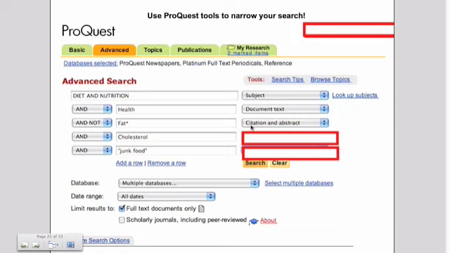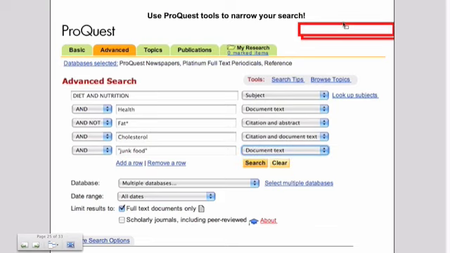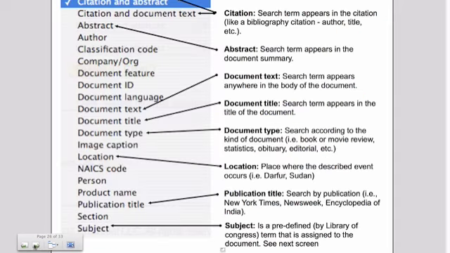We're looking for that somewhere in the citation, just like a bibliographic citation, in the title, author information, and in the abstract, which is a summary of the document. We'll talk more about that in a minute. We're looking for the word cholesterol somewhere in the citation or in the body of the writing in the document text. And we're looking for the word junk food in the document text. That's a really good complex search. This is the